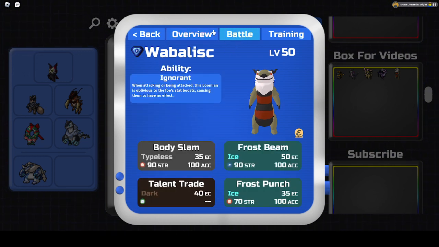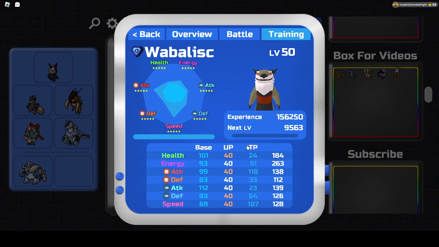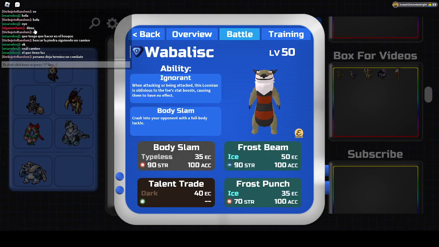Now onto the moveset. As you can see here, it doesn't really matter what you run. As you can see, this is kind of TP'd, but still, it doesn't really matter what you run on Wobblisk. It could be melee, it could be range, it could be speedful. You can have any moveset. All I know is Talent Trade is probably one of the best abilities to use. It's also really good on stuff like